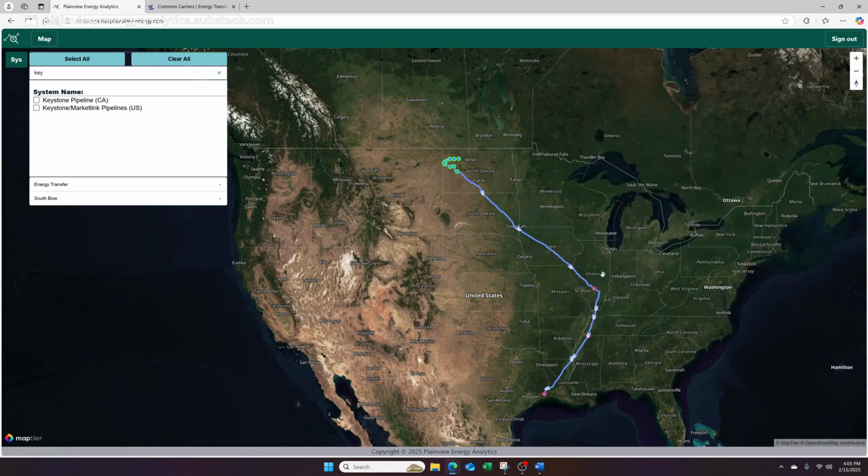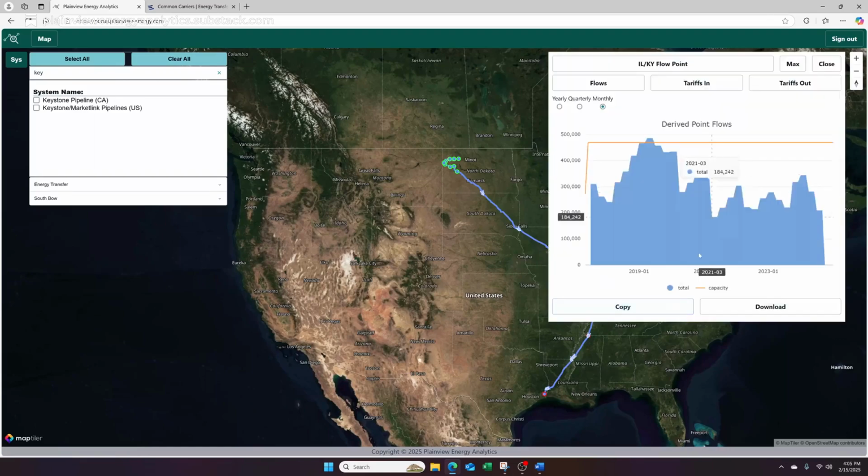If we look further down the line, are there any constraints in ETCOP that we need to worry about? The capacity line on ETCOP is interesting. Energy Transfer isn't terribly open on what the actual capacity is. Enbridge does list it as at right around 470,000 barrels a day. But this is a 30-inch line. This could very likely be pushed quite a bit higher with it being a 30-inch line with pump stations and